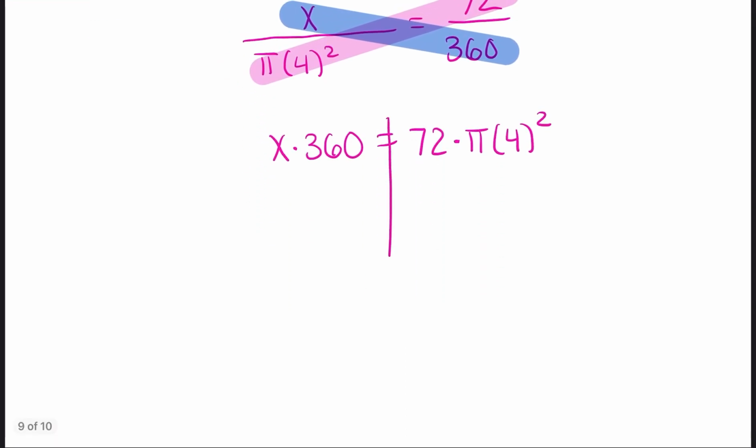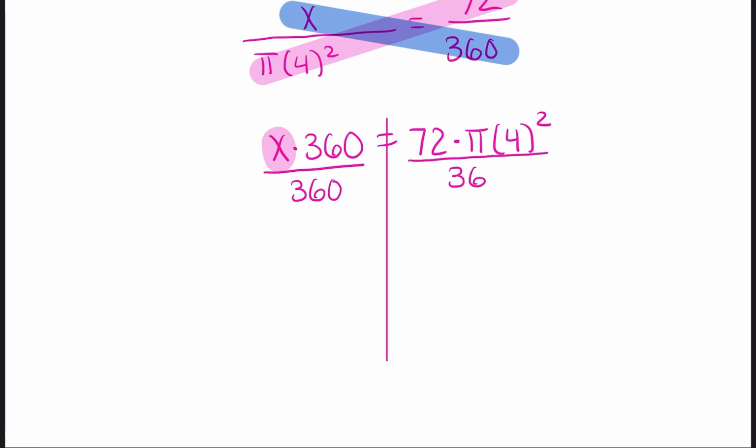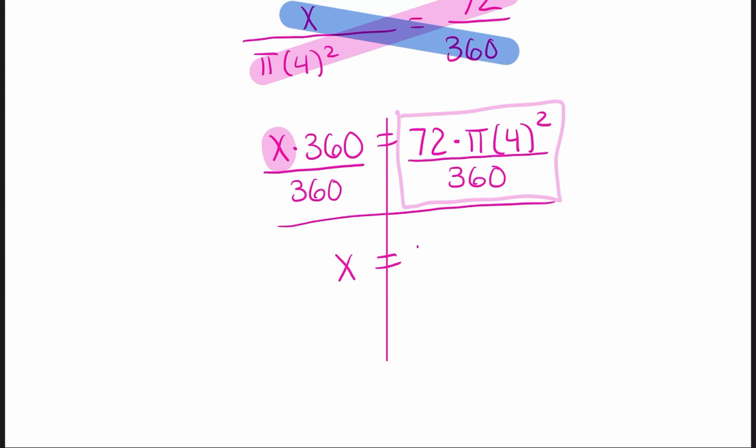And now we're going to divide both sides by that 360 because, again, this is my x. I want to get rid of everything that's not x. And again, I say it every time. I know you're probably tired of it by now, but you are going to enter that whole ugly thing into your calculator. You are going to use the fraction button, and you are going to put it in just like that in fraction form. And you would get your answer to be